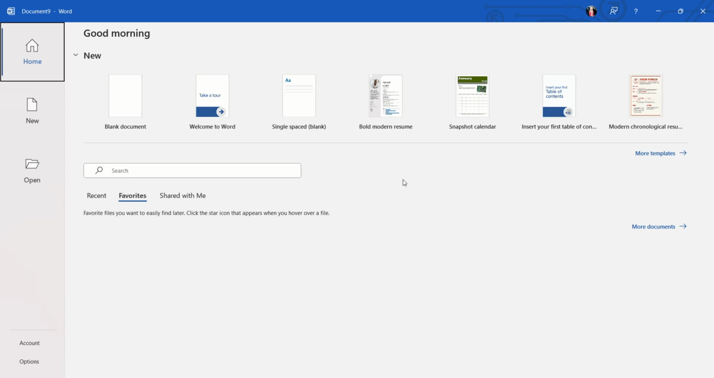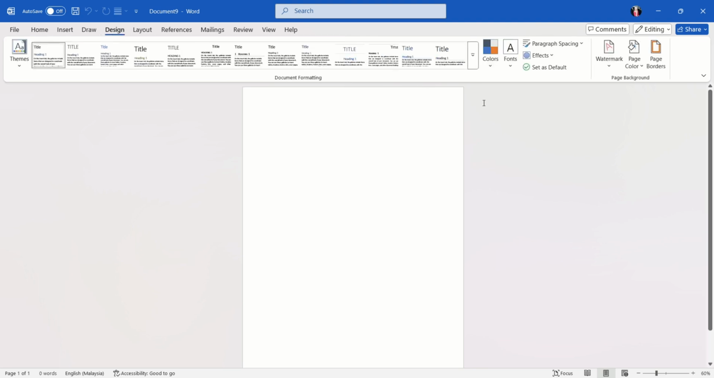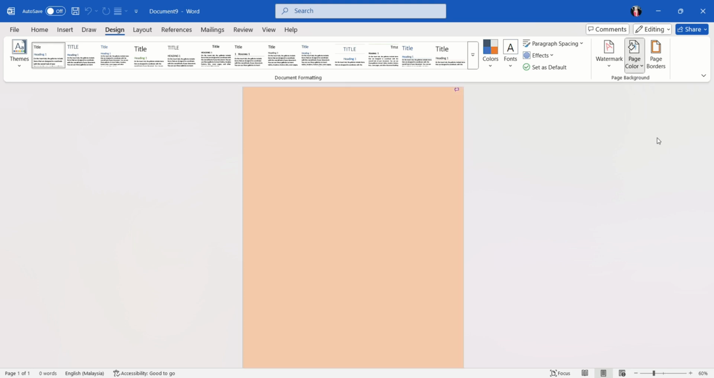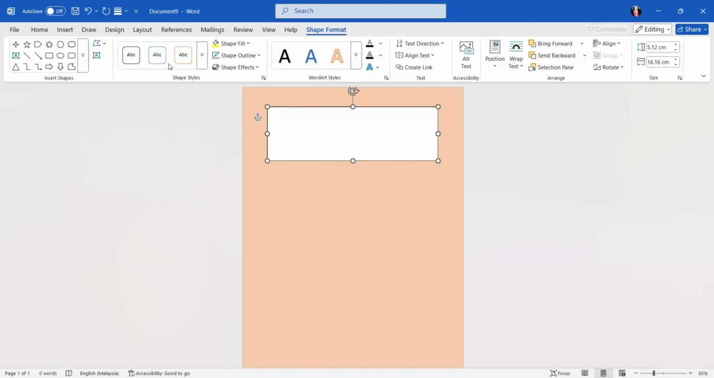After we open the Word app, I choose the blank document. After that, I go to Design and Page Color and decide which color I want, and I decide to have a soft pink color. Then I go back to Insert and add a text box, but in a rectangular shape. I add this to write down the title,